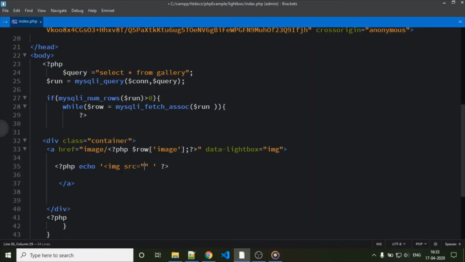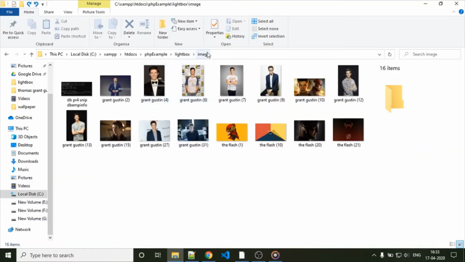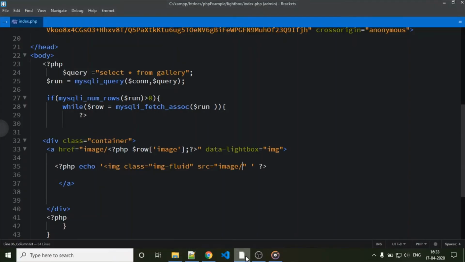We can also include the Bootstrap class img-fluid for responsiveness. In source, we use the image folder. Here you can see this image folder.